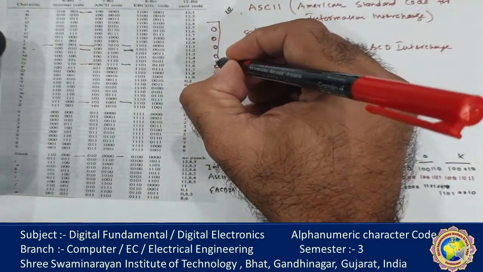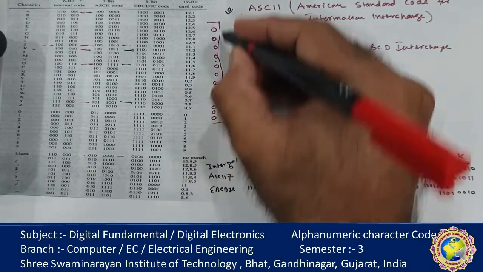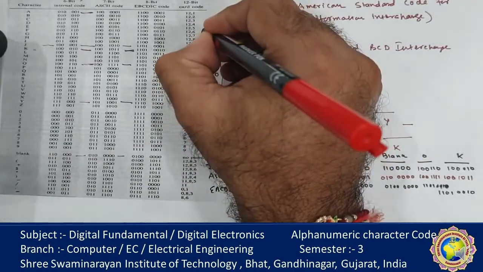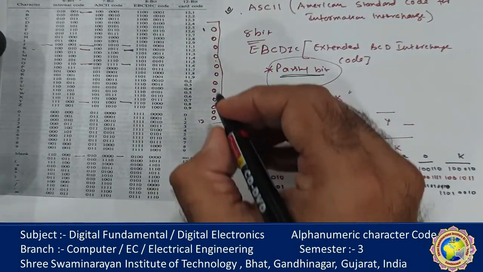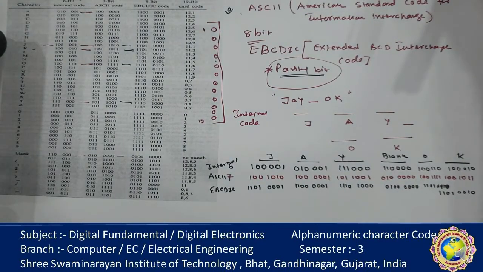like 1 2 3 4 5 6 7 8 9 10 11 12, so 12 are there. This is the 12th one and this is the first one. In each column, the alphanumeric character is represented by holes and punches. If there is a punch, the hole is transparent, so it will sense a 1, otherwise it sends a 0. A sensing element senses the hole as a 1.